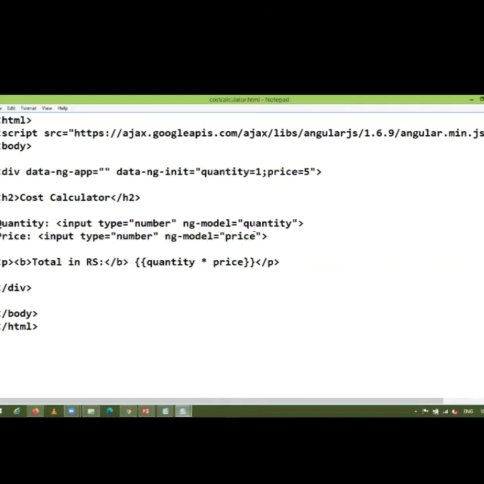Whereas you are initializing these variables by using ng-init directive. Quantity is initialized to 1 and price is initialized to value 5. So here in the expression, you will write quantity into price. The default value you will get is 1 into 5, 5. You can change it, as ng-model is used to bind new value to this HTML control. Let us execute this code.